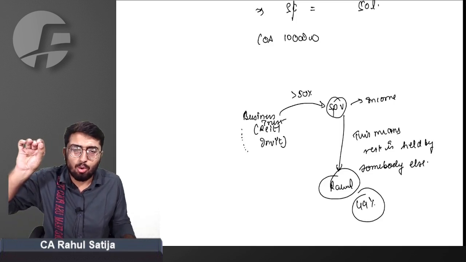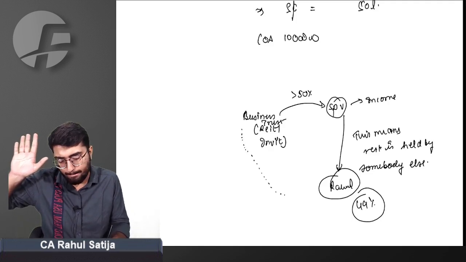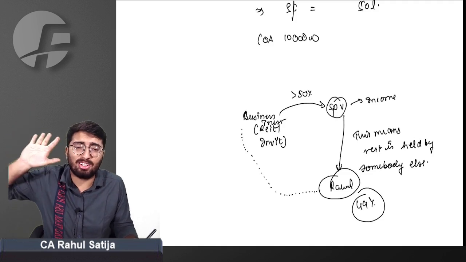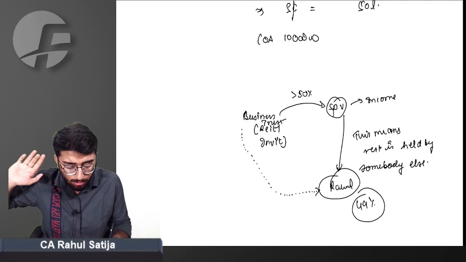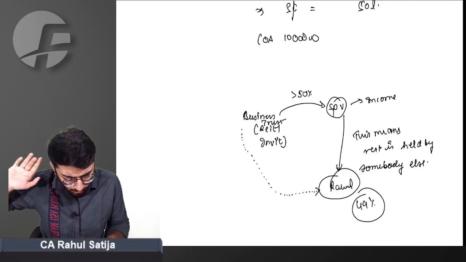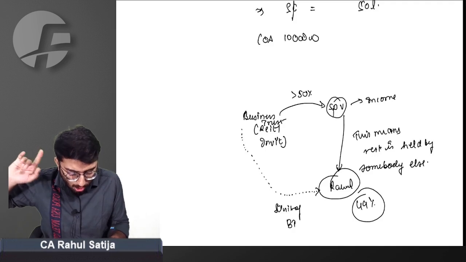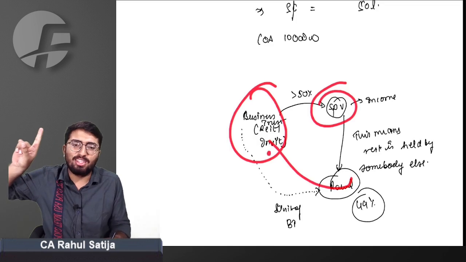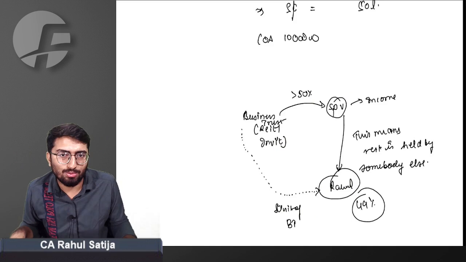Now business trust wants to acquire shares of such SPV from Mr. Rahul. And what does business trust promise in return? Business trust promises to issue units of business trust. What has business trust said? Give me shares of such SPV, Rahul. Rahul, just give me shares of such SPV and I will issue my units to you.